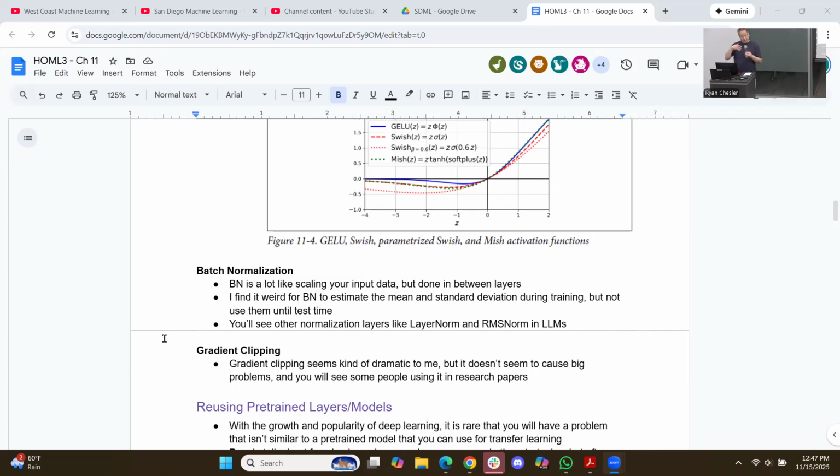That's okay for the very first layer of your neural network. But what happens if the first layer of your neural network is outputting values like 255? Now your second layer might be unhappy. And so that's where the idea of normalization between layers came in. The first really big successful one is called batch normalization. I'm not going to repeat the formula, but basically the idea is that it's scaling your data,